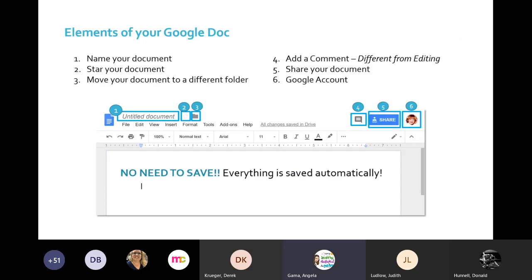Okay, so what does your Google Doc window look like? So when you start a brand new Google Doc, you will have this window here. Let me go ahead and mute those participants that just came in. Perfect. So in this window,